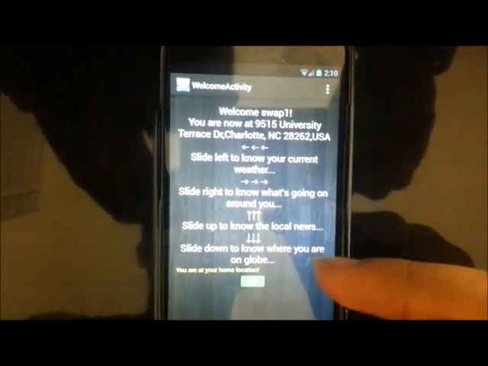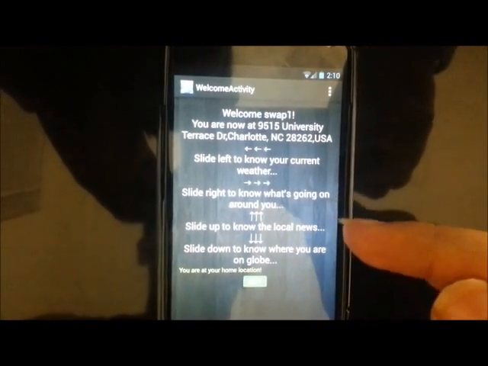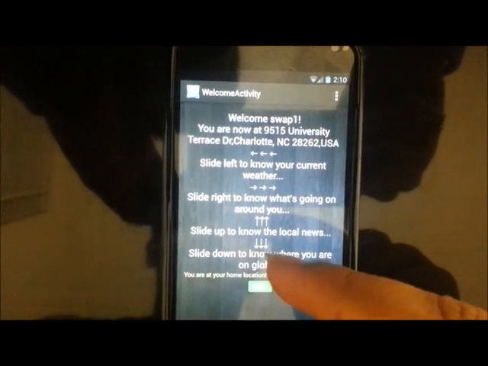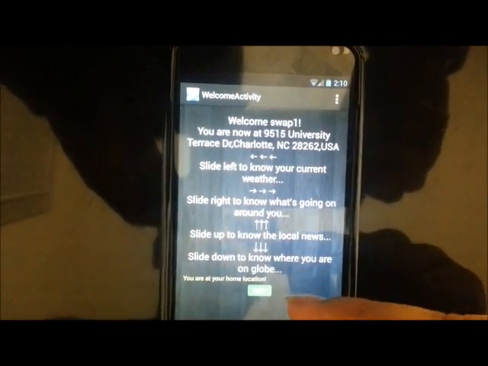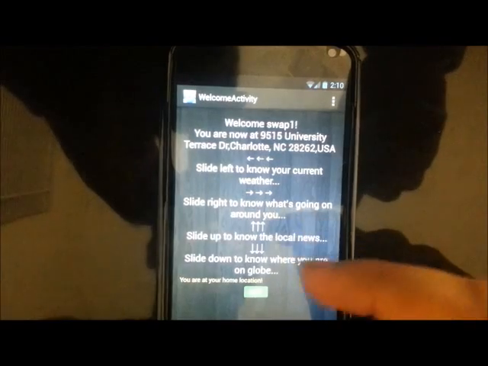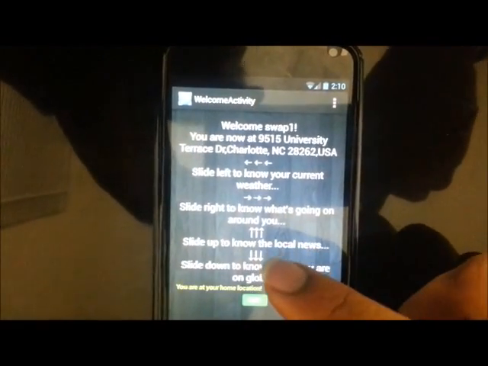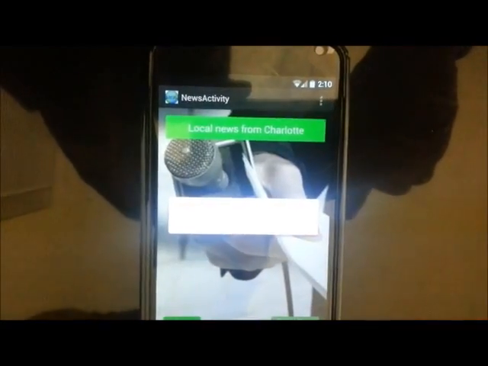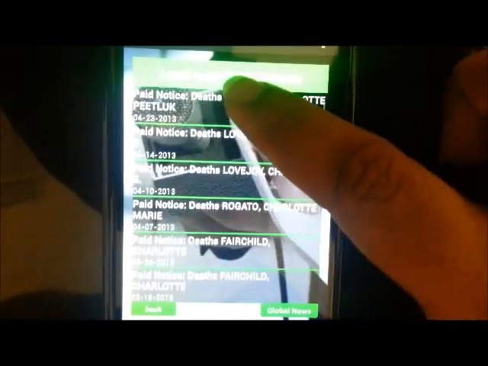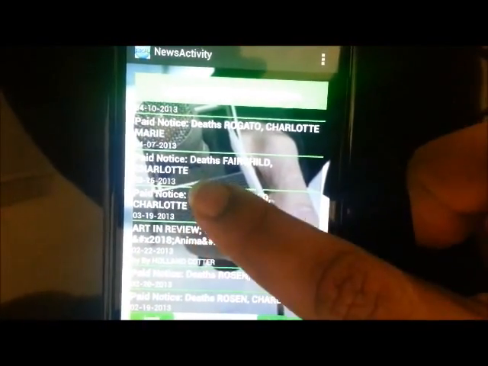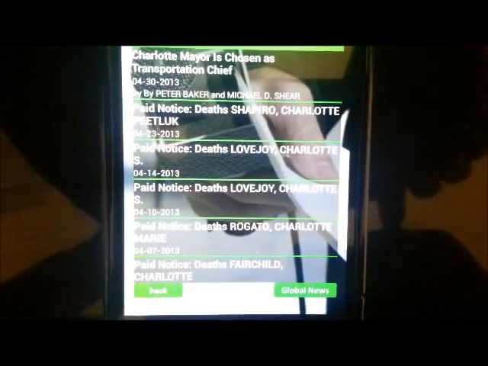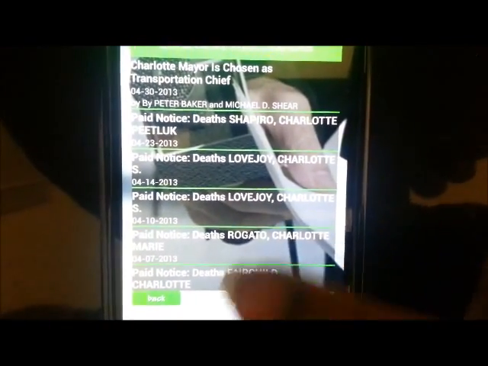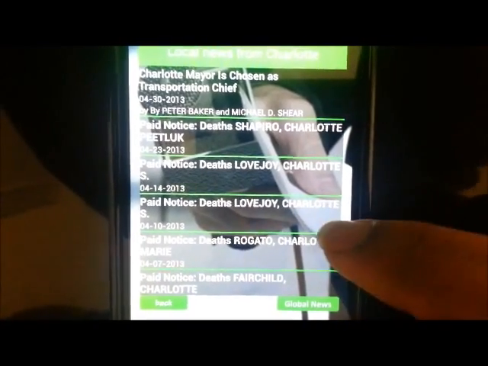Now I'll show you the two interesting features, the main features of this app apart from the weather. We have just seen the weather. I'll also show you the local news and the local events which are going on around in this area. When we slide up, it will show us the local news. I slide up and it's loading the local news over here. It's a list of 10. I have limited this list to 10 items because I didn't want the loading time to go to infinity. So it will show you the top 10 news in our local area.